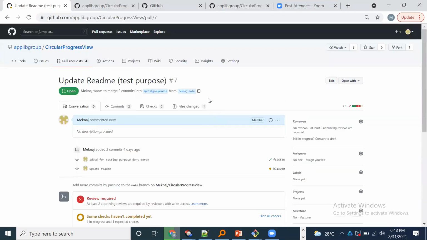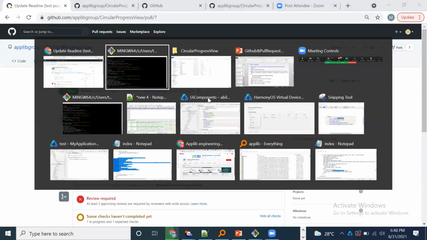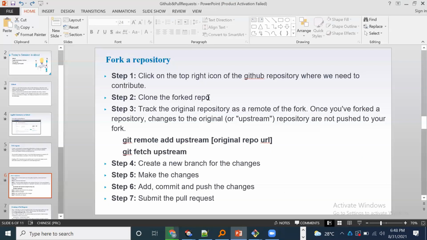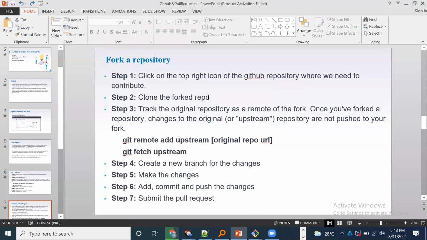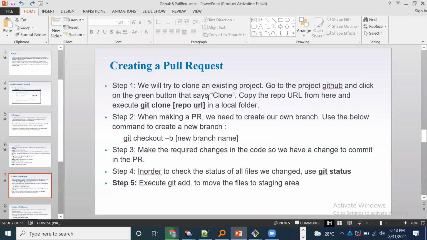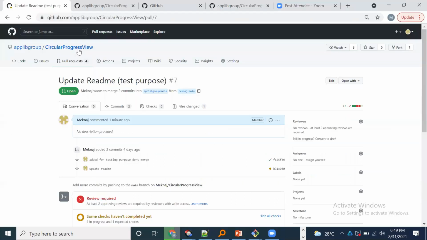So this is how you can create a pull request by forking the repo. This is the most suggested way, like I said. Now, another way you can do is by cloning and directly pushing. But this requires you to have member permission, only then you'll be able to push it directly. Else when you try to push, it will show a permission denied error. Right now I have member permission here, so I'll show how it can be done.